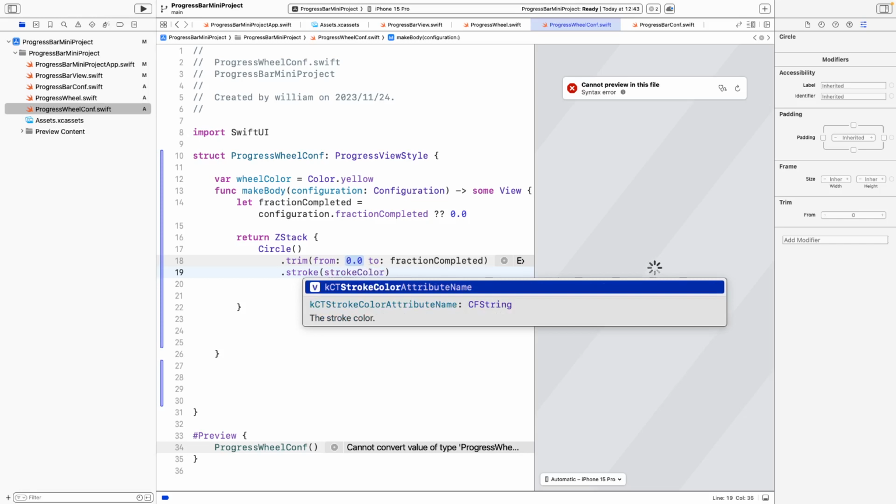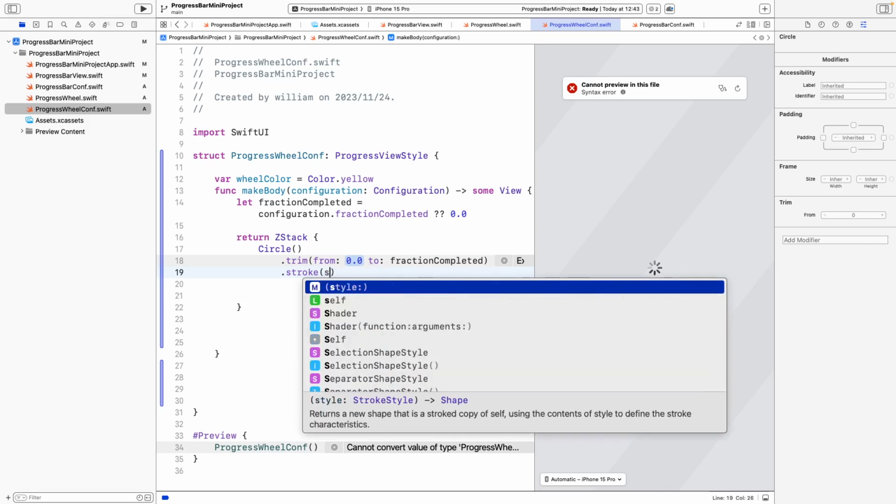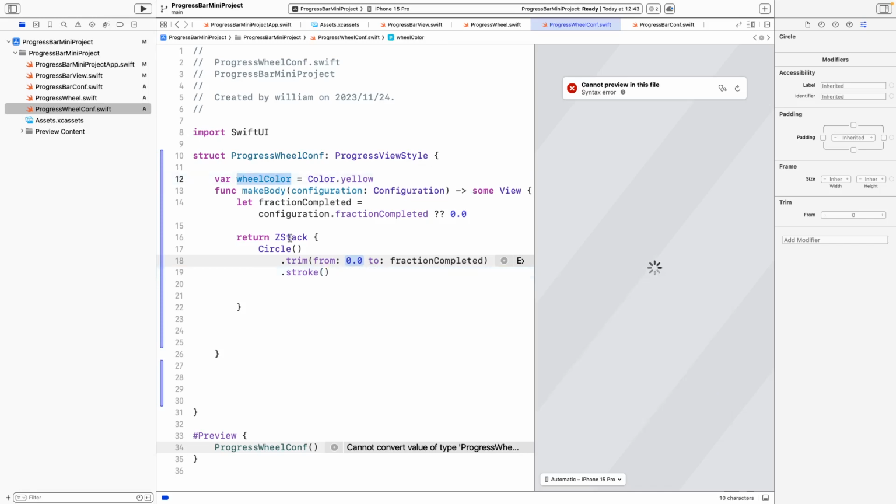Yeah, let me use wheelColor because we already declared this wheel. So I'm going to pass this wheelColor to here, and strokeStyle. Yeah, let's just use the StrokeStyle, and